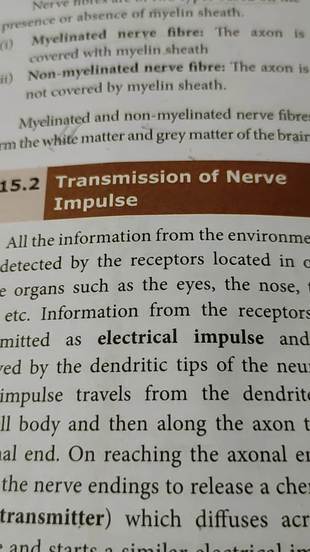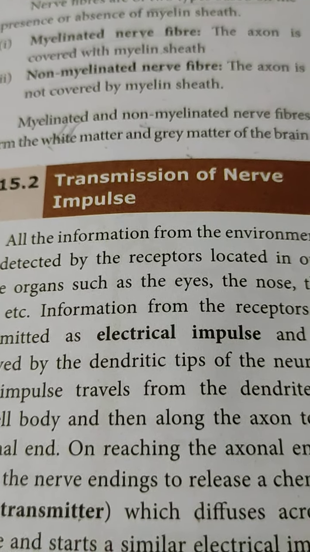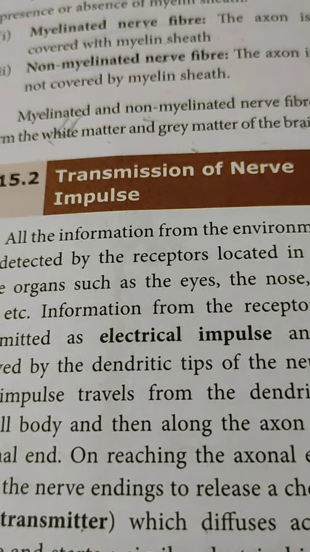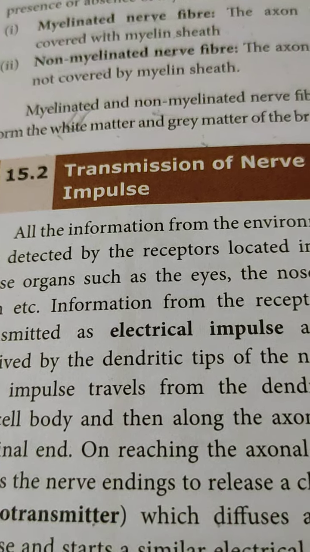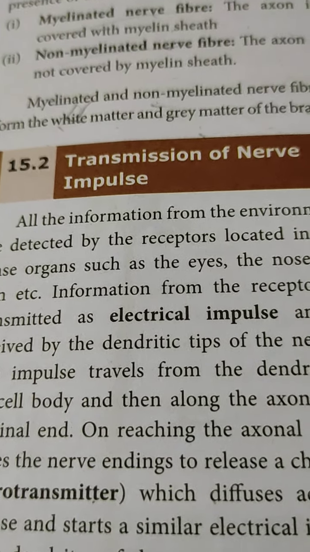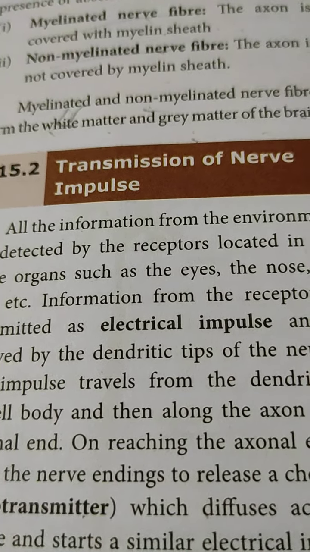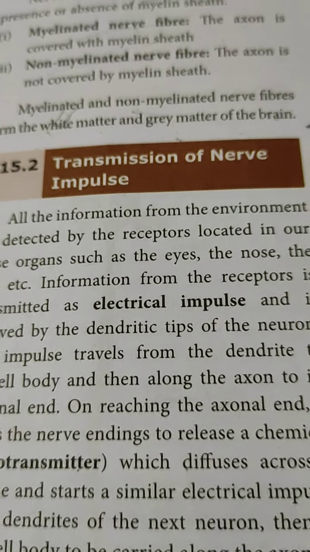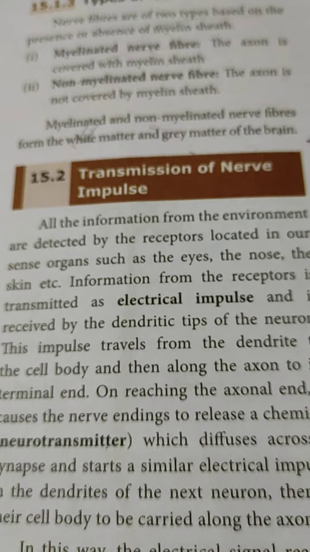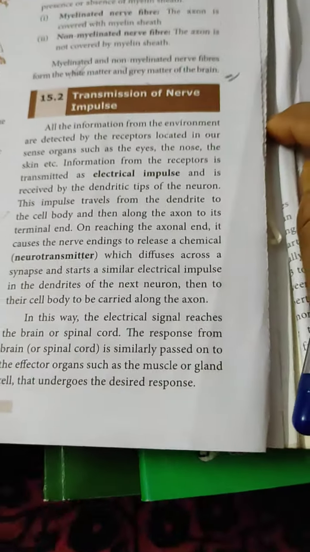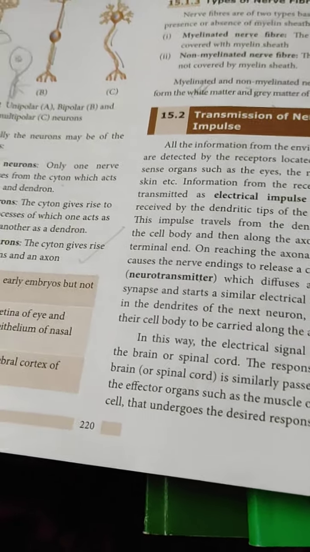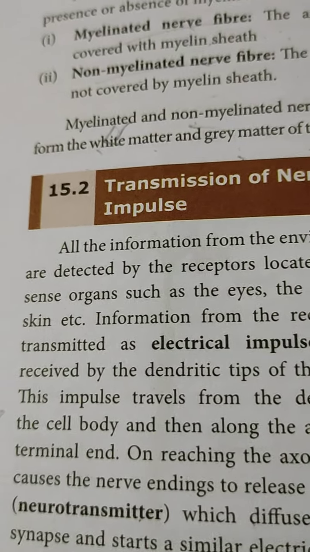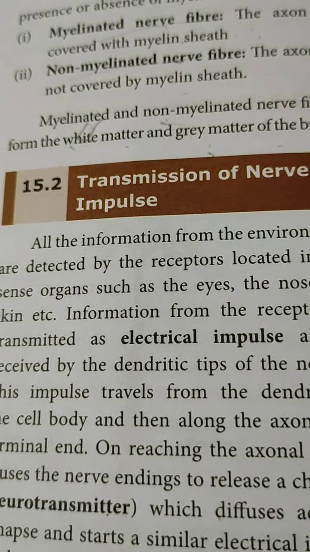The conduction of a stimulus through the nerve is called the nerve impulse, which is transmitted through the neurons. Now we know that already in the introduction we have told that all the information from the environment is detected. Detected means identified by the sense organs. We have 5 sense organs, and the sense organs will be detecting all this